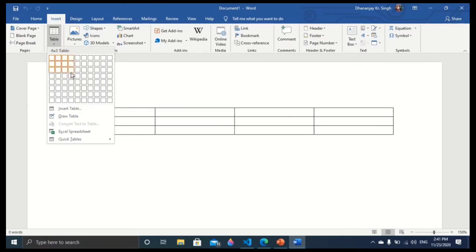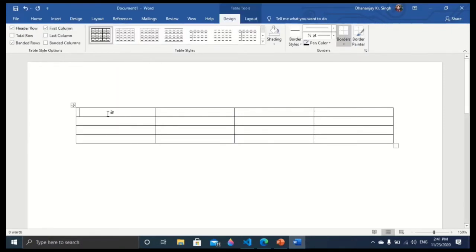If I declare 4 by 4, then by default every element has the value 0. When we declare array elements, they get the initial value 0. If I give index 0 0, that will be this element. If I give 0 1, that will be this one. If I give 0 2, this one. If I give 0 3, that one.